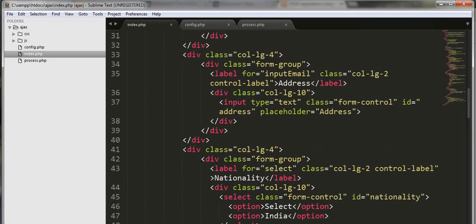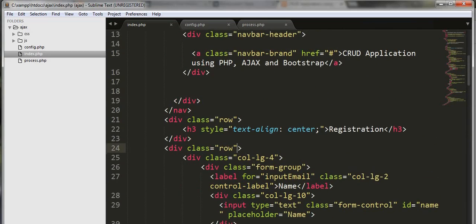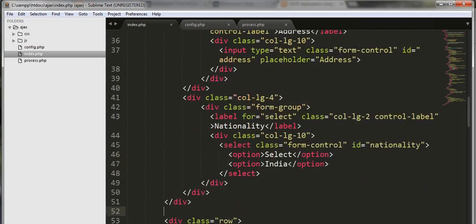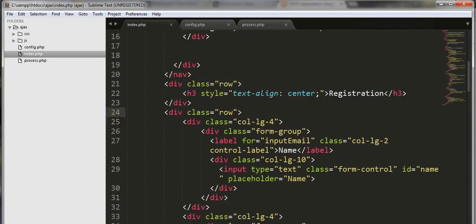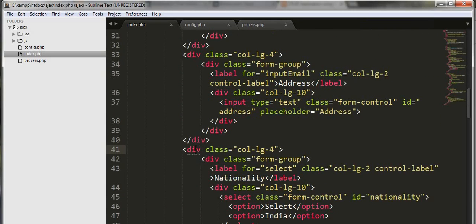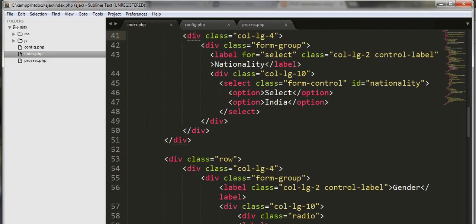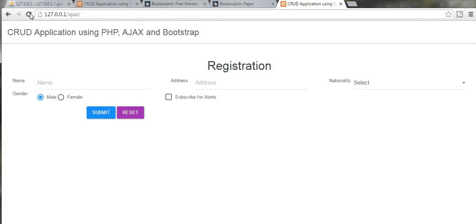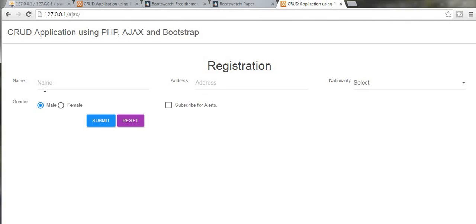Okay, this one first row. Like this. Put a BR and save it. Okay, now it's showing properly, and